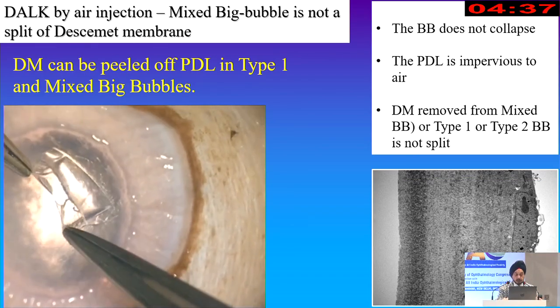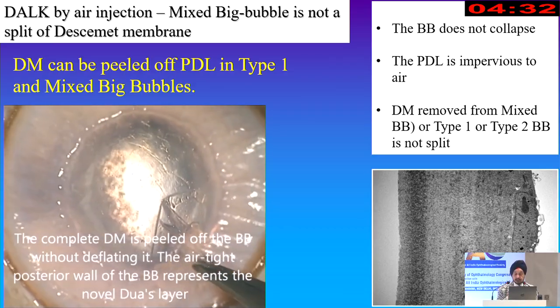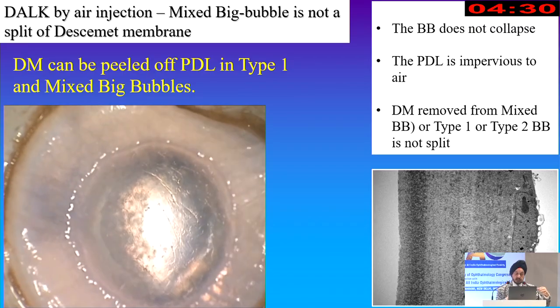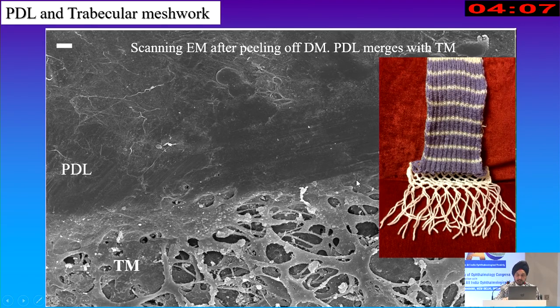You can peel off the Descemet's membrane entirely from a type 1 bubble like this. It doesn't burst, telling you that the pre-Descemet's layer is impervious to air. But when you do histology of the Descemet's peeled from a type 1, a type 2, or a mixed bubble, it's completely intact. There's never a split between the banded and non-banded zones, which was the explanation provided for a mixed bubble. This pre-Descemet's layer continues as the trabecular meshwork, and there are fenestrations at the periphery like so,